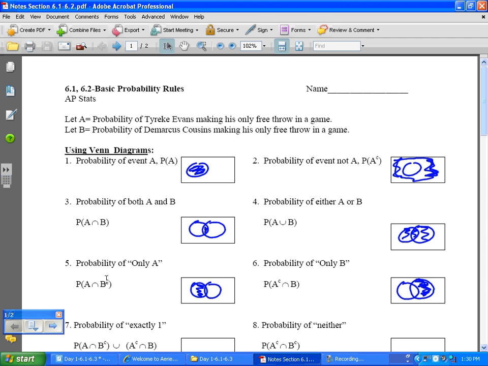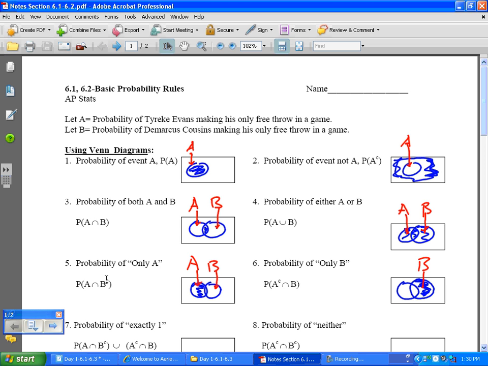A's always, this is A, this is A, B is on my right, A and B, and then A and B,